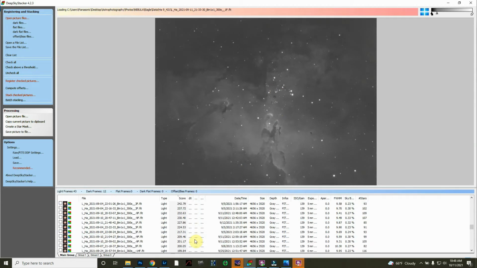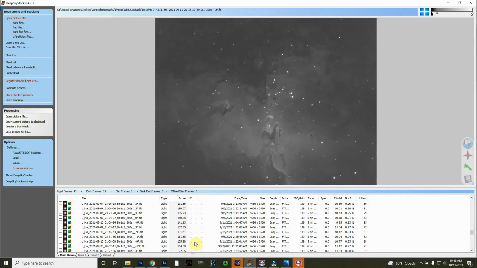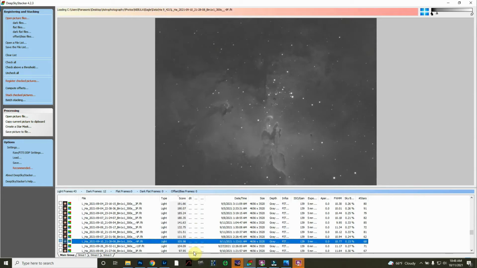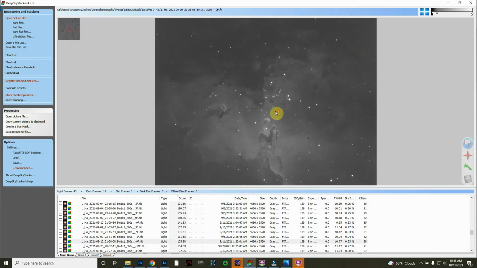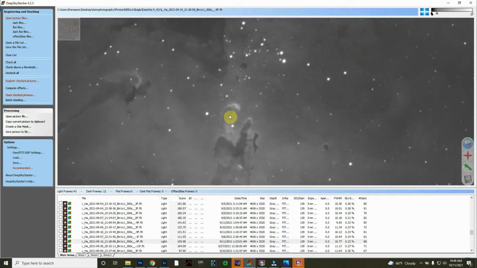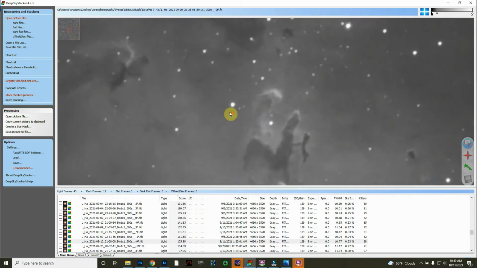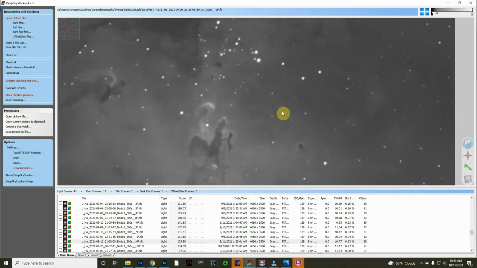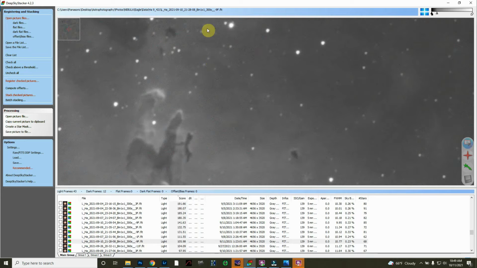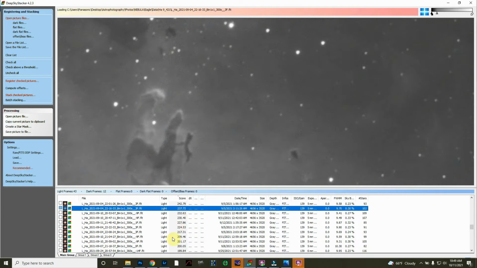You can just work your way down until you start seeing kind of funky stuff. I'm down to 100 now, and still I'm good. It's okay when you're out here, but when you zoom in, you start to get some fuzz, and I've got some guiding issues. I'm starting to get some oblong stars. So you work back up, and you find that cutoff point,